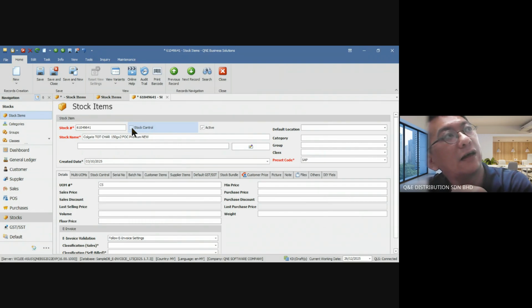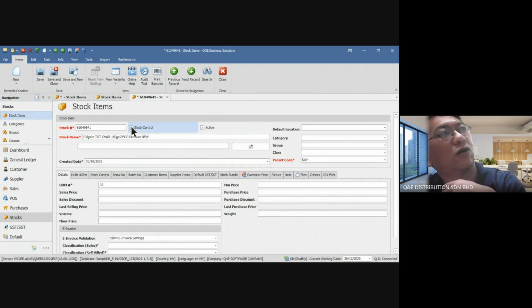Okay, this one you select while you create this item and before you start the transaction for this item. After you start a transaction, this option will be disabled for editing. So make sure you don't have any transaction